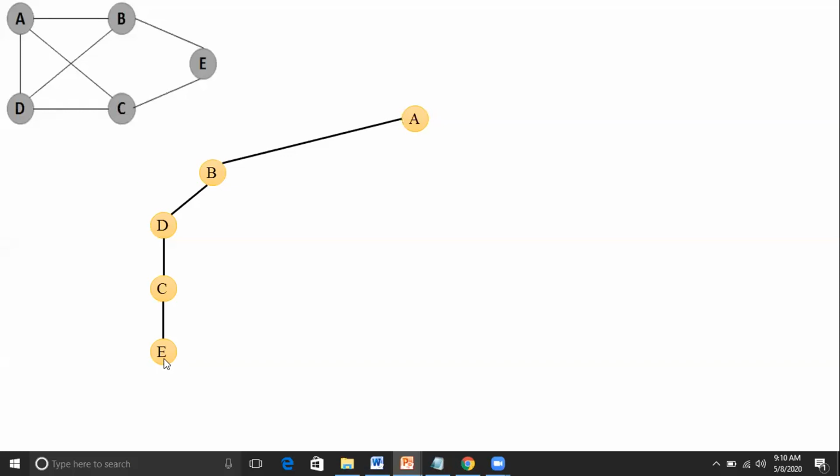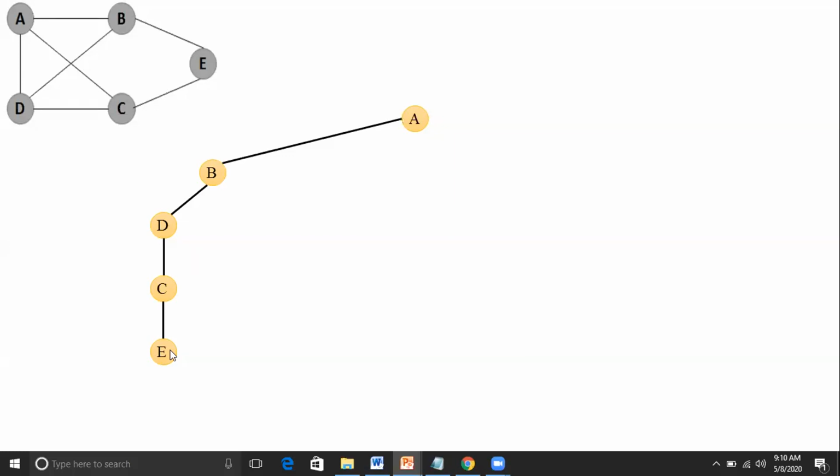From the last city, directly I should reach the source city. Now, do you have a direct edge from E to A? No, we don't have. So this is not the solution. Even though we have visited all the cities only once, from the last city, I don't have a direct edge to the source.